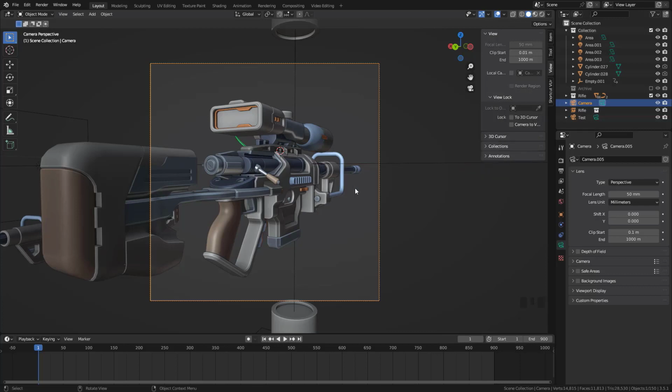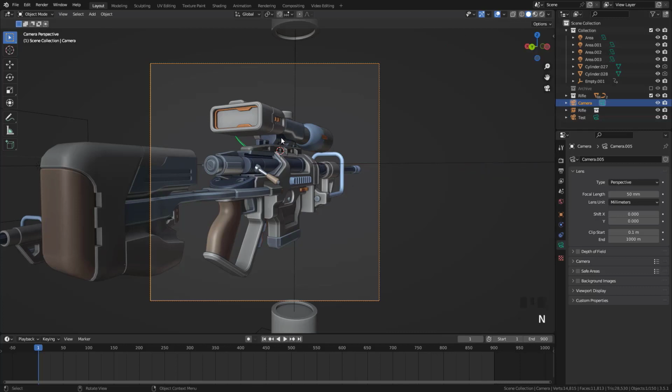Quick favorites are a little shortcut menu, where you can add your favorite options, favorite properties, favorite settings that you always want to change. And you bring this quick favorites menu with Q, and you can see there is one thing here. Just turn this on and you can move